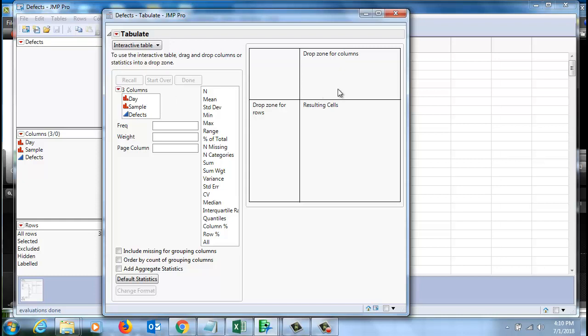We need to drop another variable into columns, and then the resulting cells summarize, based on a selected statistic, the results for one level of one of these two variables. One of the two variables must be categorical. Our plan is to drop day into the rows zone and defects into columns, so that we can have the summary